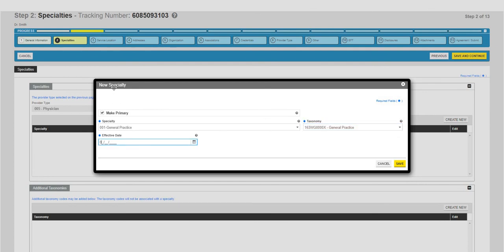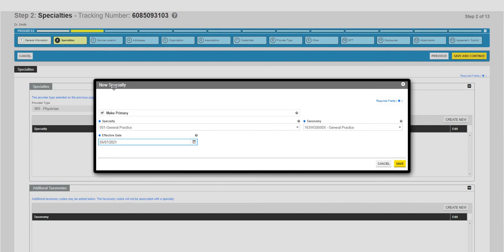And then lastly on here, I do need to enter in an effective date. And I do want to make a quick note about your effective date here. If you are requesting an enrollment that starts in the past, so maybe you're asking for a date 6 months ago because you have claims that date back to that, you want to make sure that your